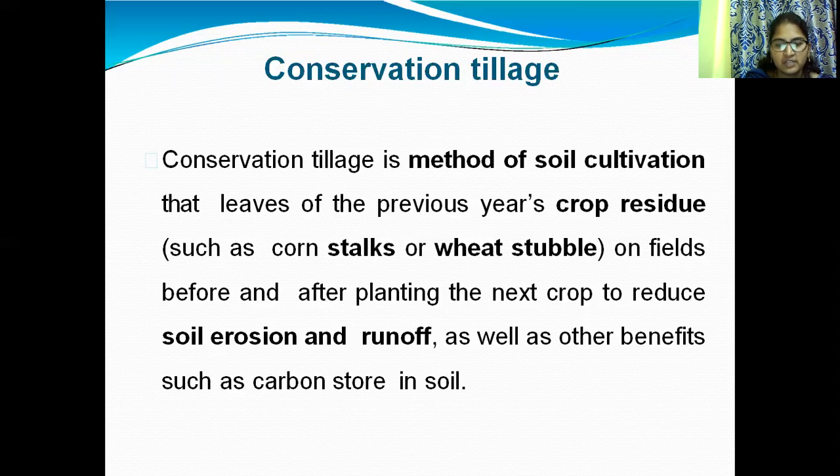This is one technique for reducing soil erosion.